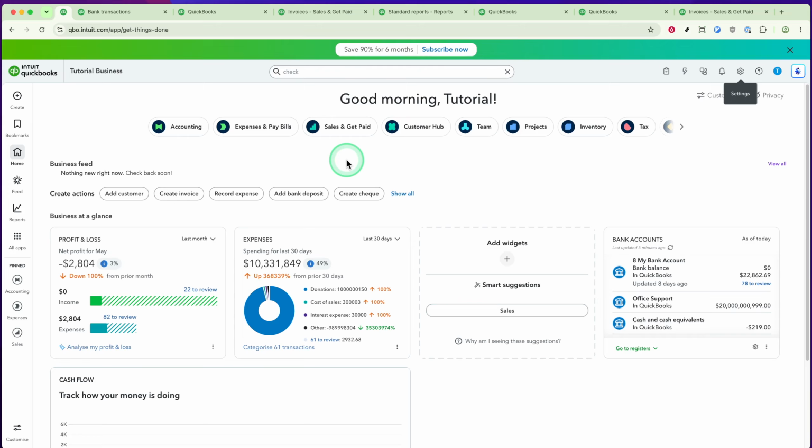Splitting transactions allows you to allocate a single payment or deposit across multiple categories, ensuring your records are accurate and reflect the true purpose of every dollar. Whether you're a small business owner or managing personal finances, this tutorial will walk you through the steps to split